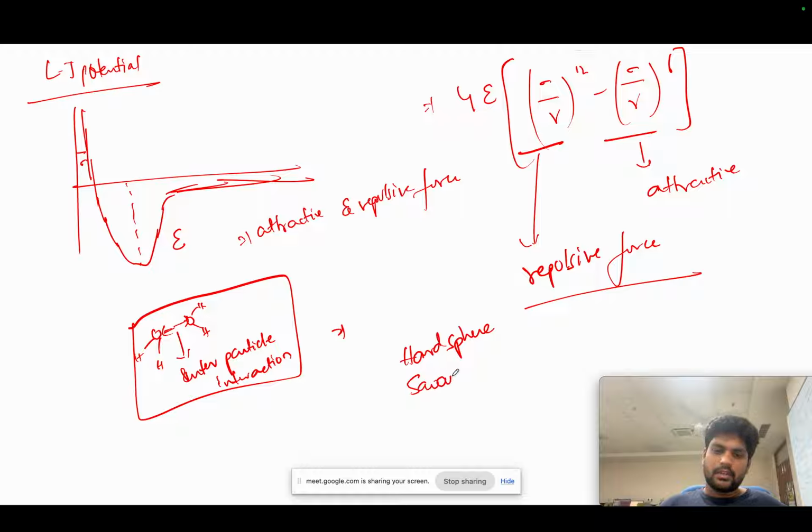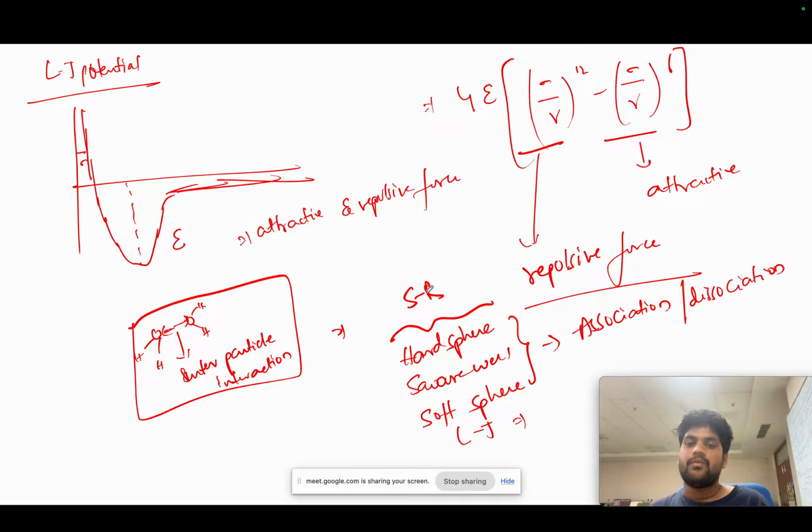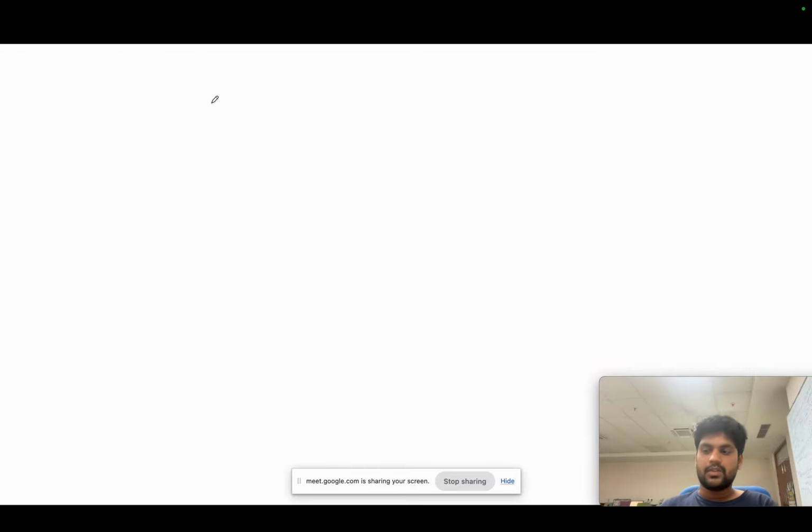That we can calculate through either hard sphere, square well, soft sphere, or LJ potential. If your focus is only to see association or dissociation of, say, a protein or a ligand, the association of biomacromolecules, you can do these things. But if you want to see the interaction between two particles, you need to go for the LJ potential. So these are all for the short range. It means when you have two molecules together only, you can apply this rule. Once you have the long range,